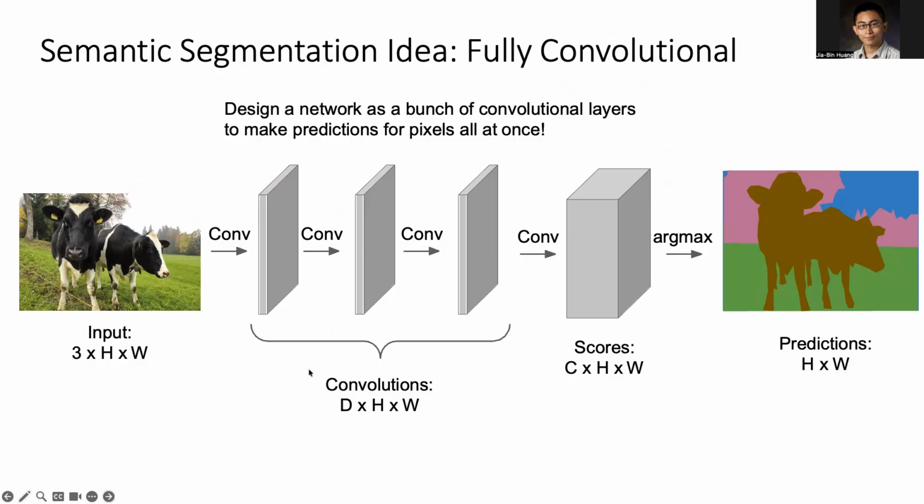You have these filters, and in the end, you can make a prediction of the scores. And then you take a softmax. You pick the one with the highest score, then you get a prediction on the right hand side. So you extract the features all at the same time. So this is better,